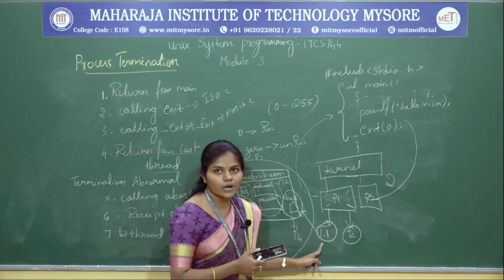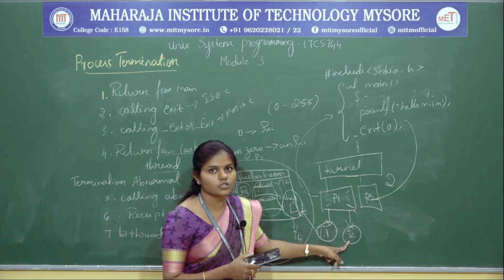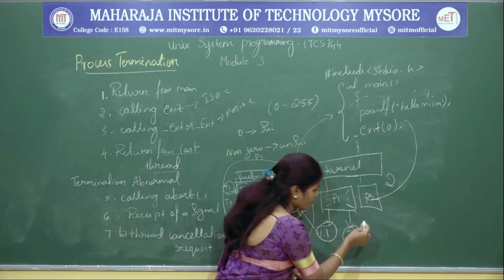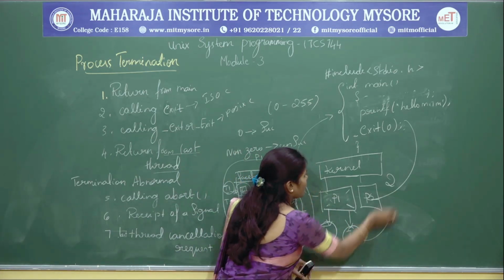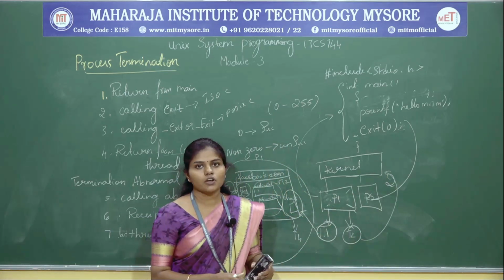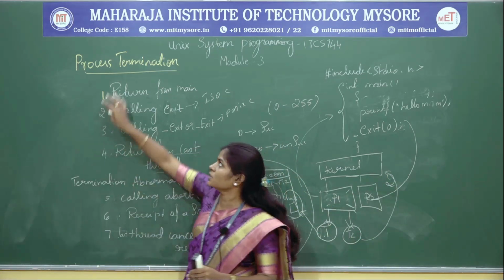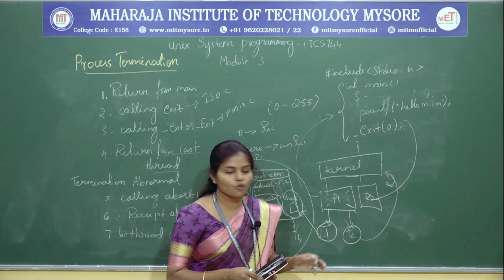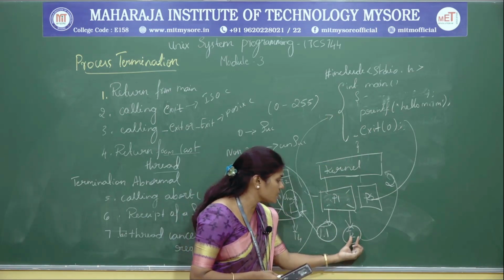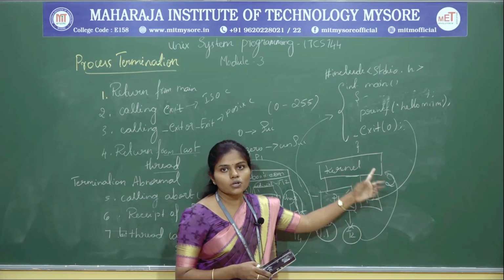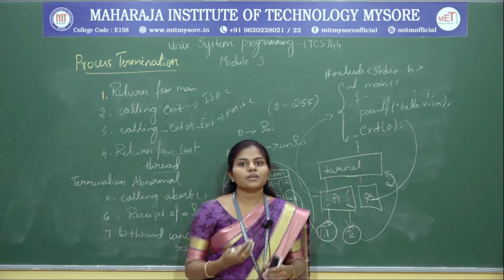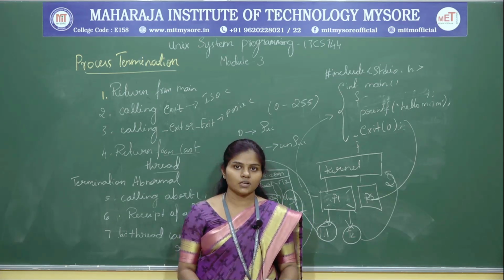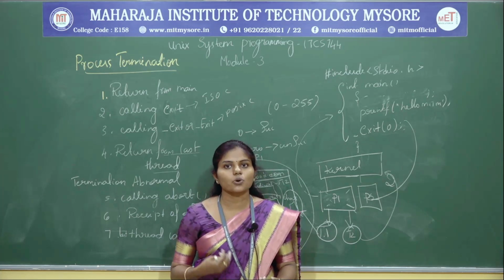First thread is going to execute, next thread 2 is going to execute. When thread 2 is executed, it is going to return values to the kernel. That indicates that it is a normal exit, which is nothing but normal process termination. So when all this program is successful, it waits until the last thread returns. Understood? Now suppose the program is abnormal, that is, the program is executed unsuccessfully. In that case, how is the process going to terminate?